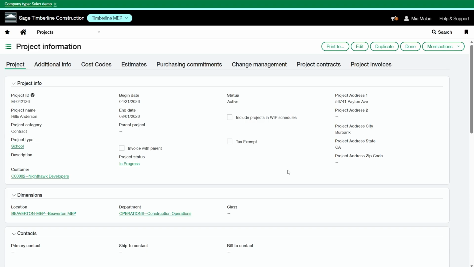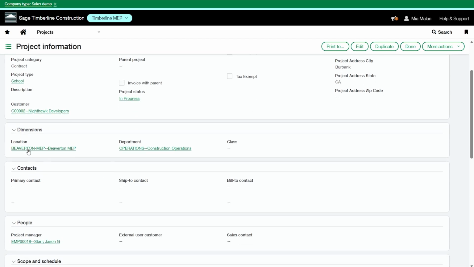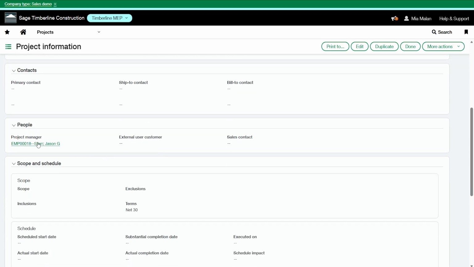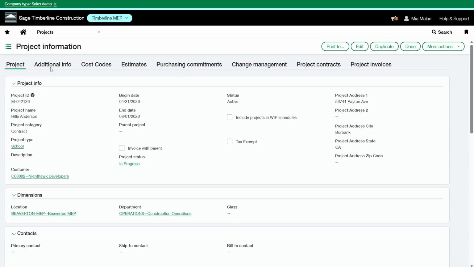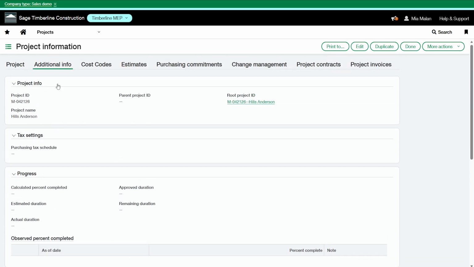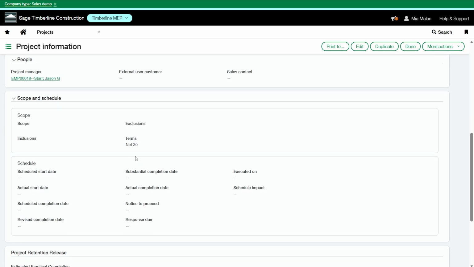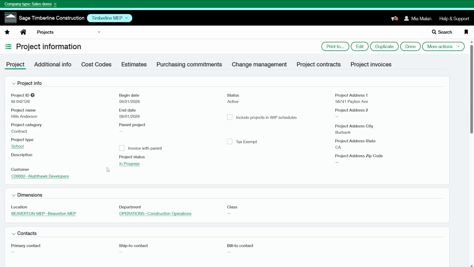Here's the project address. These are custom fields. I imported the location and department, my project manager. On the second page, you'll see the billing type, and it defaulted these expenses to billable. And then the terms are selected as well.